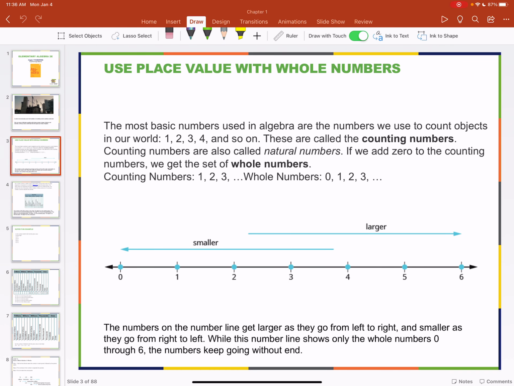First of all, using place values with whole numbers. And again, if this is review for you, you can forward this. You can try the homework. Of course, it's not mandatory that you listen, but